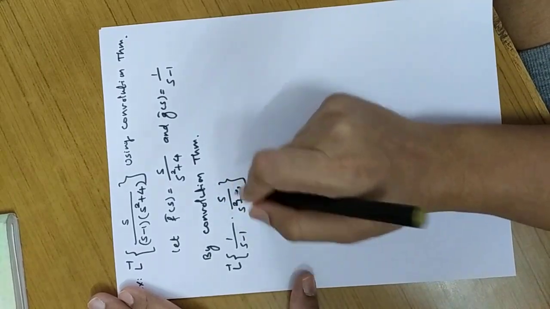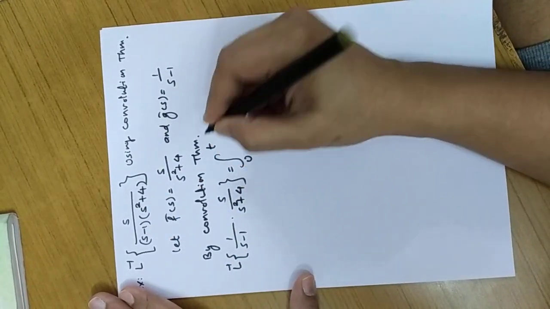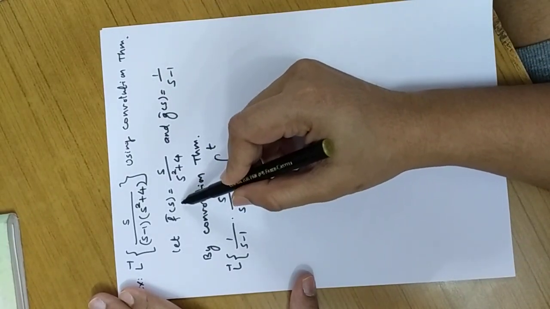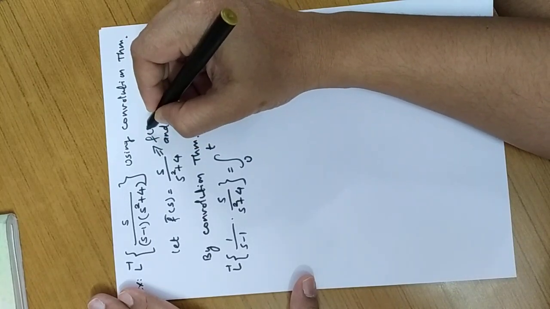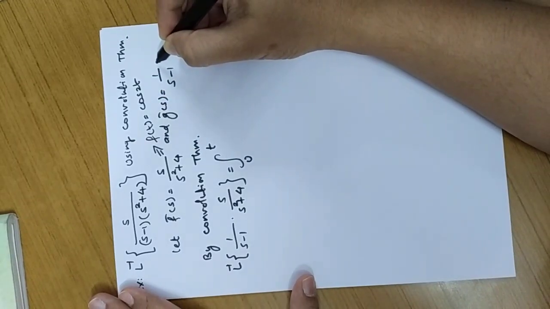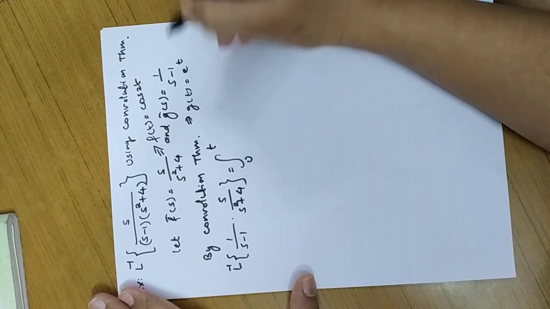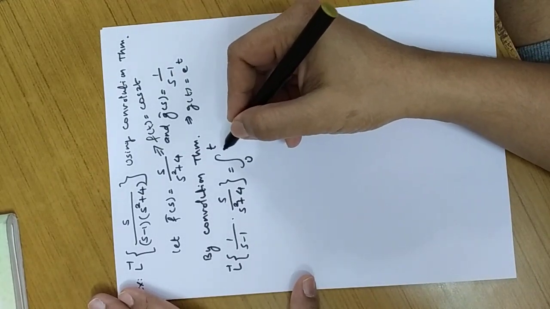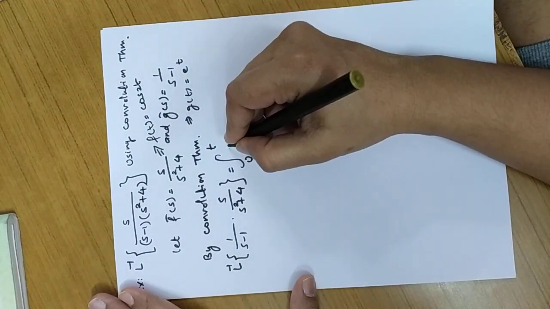So the product of these two functions is the statement of the integral from 0 to t of f of u. What is f of u? We have to find the inverse Laplace of f bar s. What is the inverse Laplace of f bar s? f of t is cos 2t, and for g bar s, g of t is e raised to t. So as per the theorem, f of t is cos 2t, so f of u is